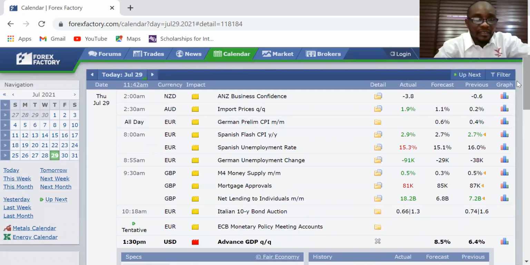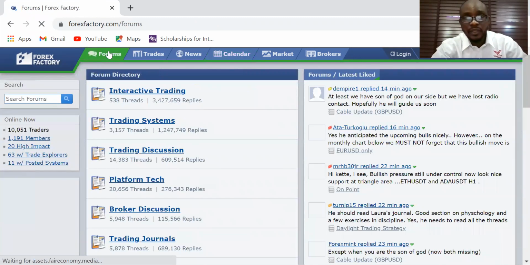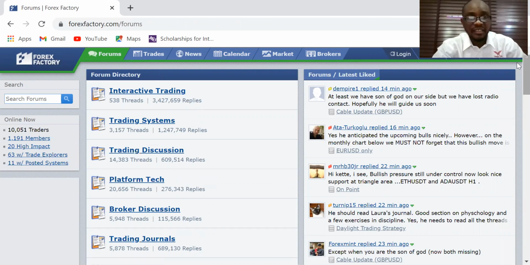Now, my advice is before you take a trade, ensure that you always go down there and check the news you have. To my left-hand side, you have the forums. The forums is where you have different kinds of forums. You can meet a lot of people and chat. On the interactive trading, you have a lot of people there. On trading systems, that has to do with